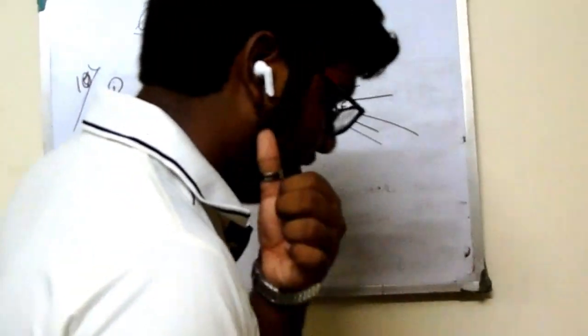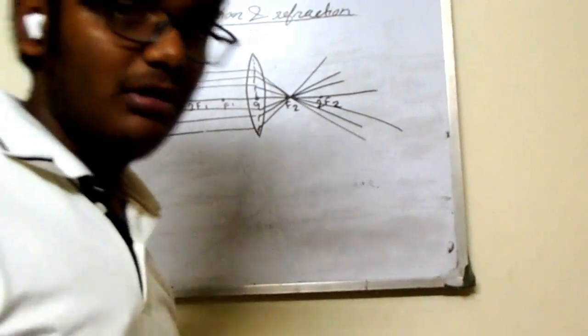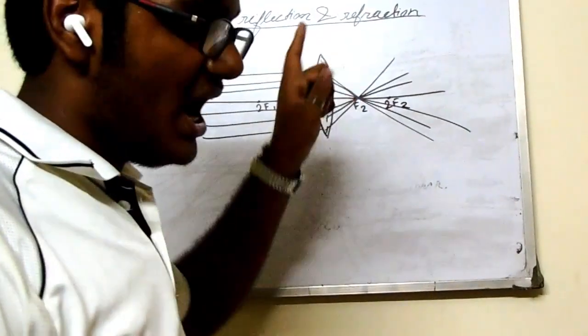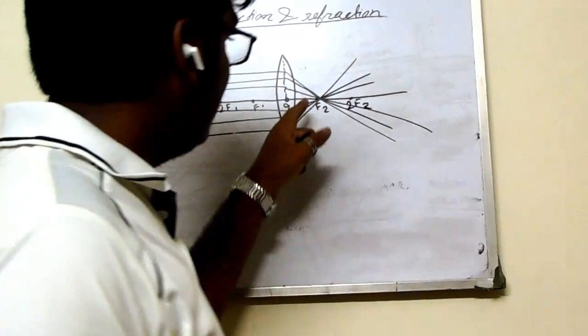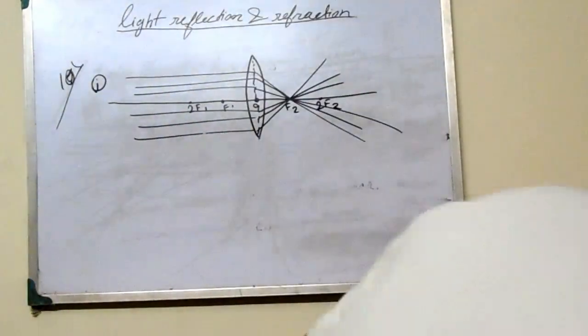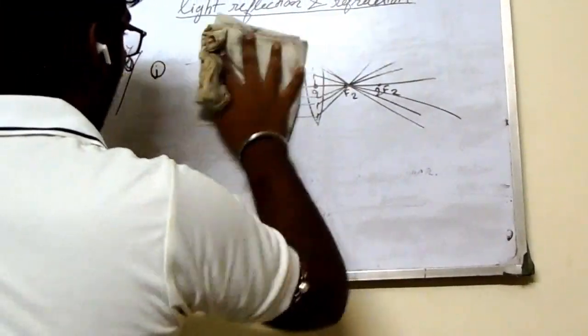So this is the thing. Okay, so where the image is forming in the f2 and it is highly diminished point size. Okay, now in the second case,